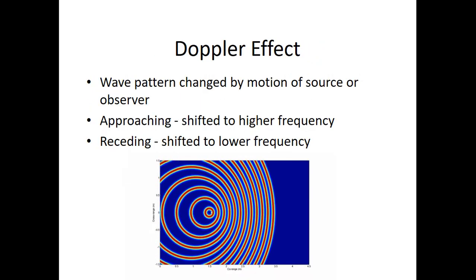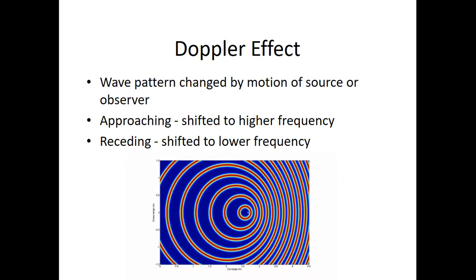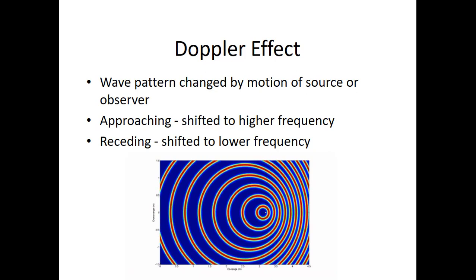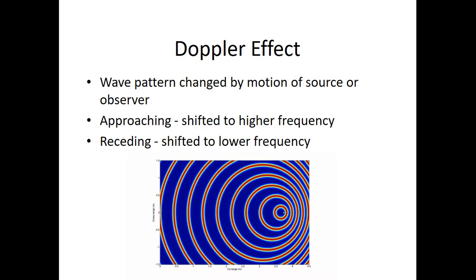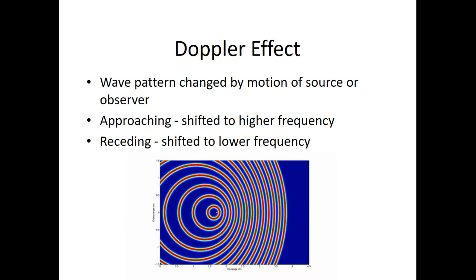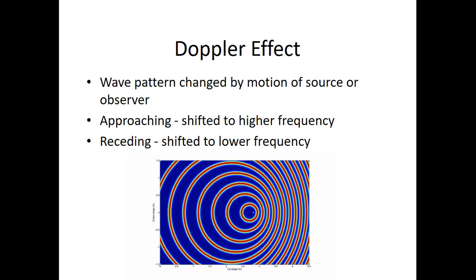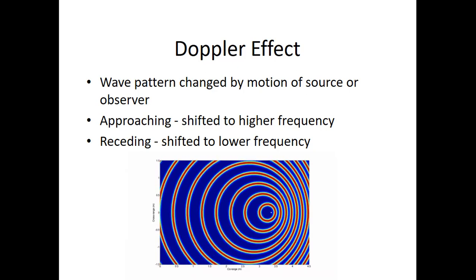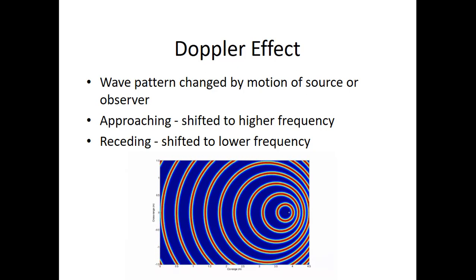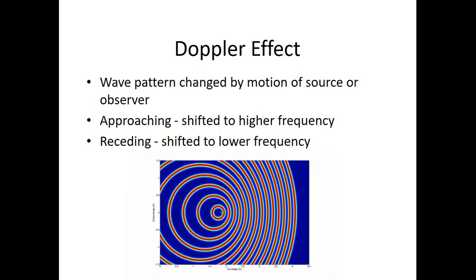The final wave characteristic that we're going to look at is known as the Doppler effect, and this occurs for all waves. So what happens with the Doppler effect is you can see below in the picture that there is a beacon sending out a signal, and we'll just say that's a sound wave being produced, and you can see, let's say that signal is moving from left to right, and as it moves, it is creating more of the waves